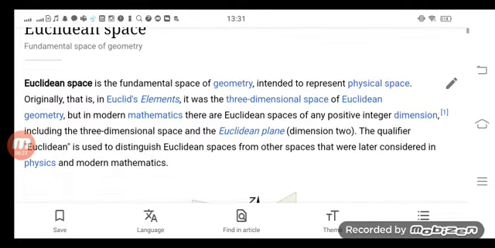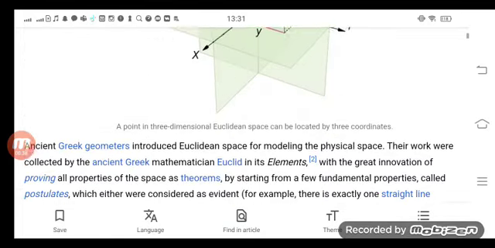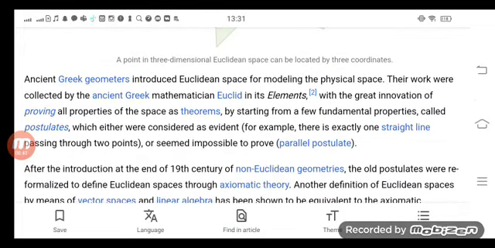The qualifier Euclidean is used to distinguish Euclidean spaces from other spaces that were later considered in physics and modern mathematics. Ancient Greek geometers introduced Euclidean space for modeling the physical space. Their work was collected by the ancient Greek mathematician Euclid in his Elements, with the great innovation of